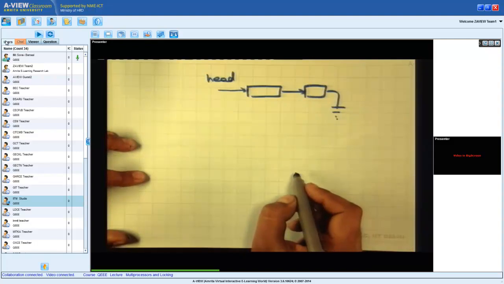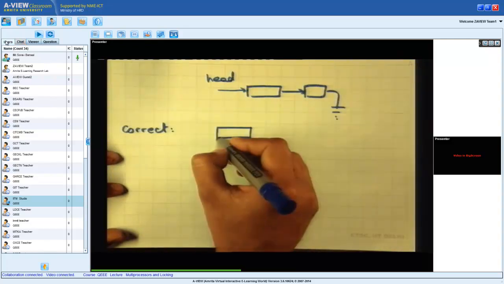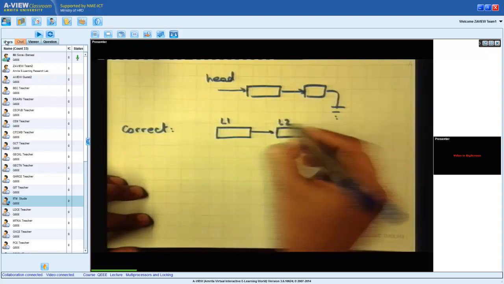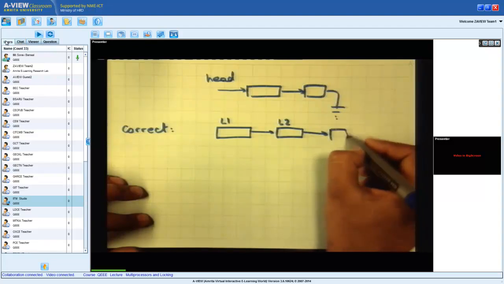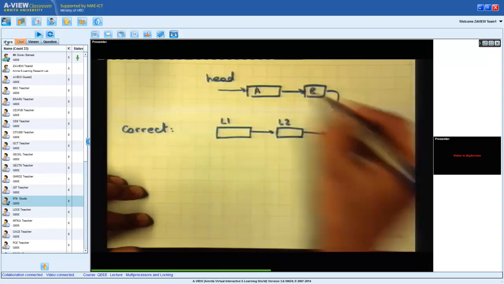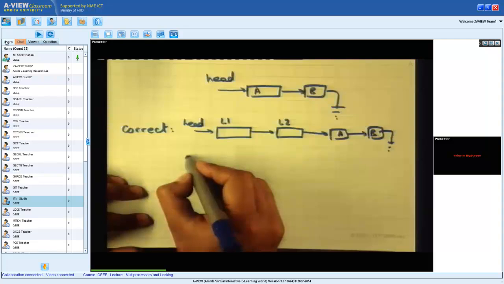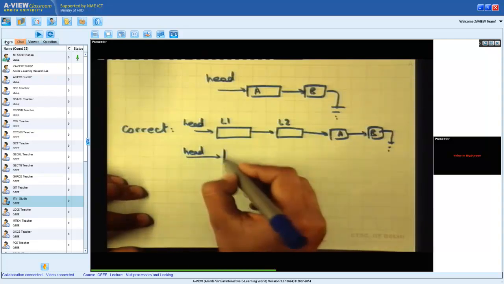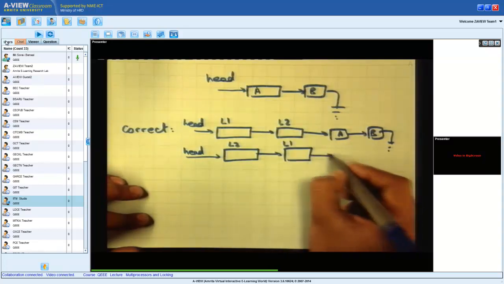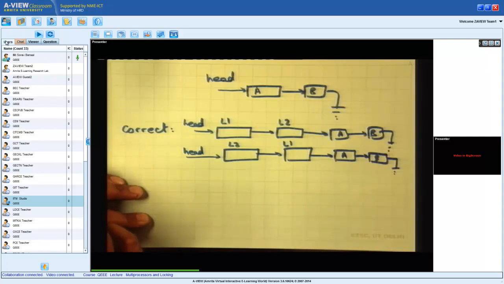What I wanted, the correct execution, would have been either head, L1, L2, A and D, or another thing that could have been correct: head, L2, L1, A, D.